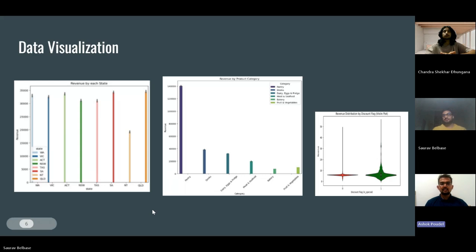Yeah, thank you, Saurabh. Now I'm going to discuss data visualization. So the first plot represented the revenue generated by each state, and as you can see on the plot, South Australia and Queensland are the highest earning states at around 40,000 AUD, followed by Western Australia, Victoria, Australian Capital Territory and Tasmania, which are all at similar values, slightly lower than South Australia and Queensland. And as you can see from the graph, the Northern Territory has the lowest revenue of around